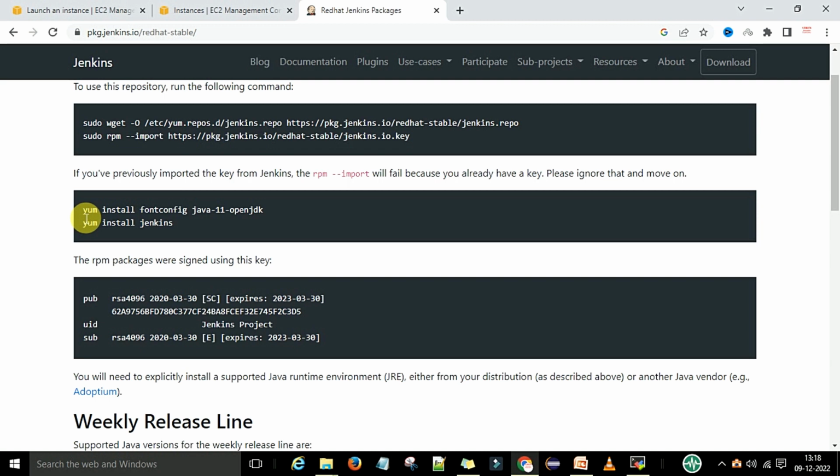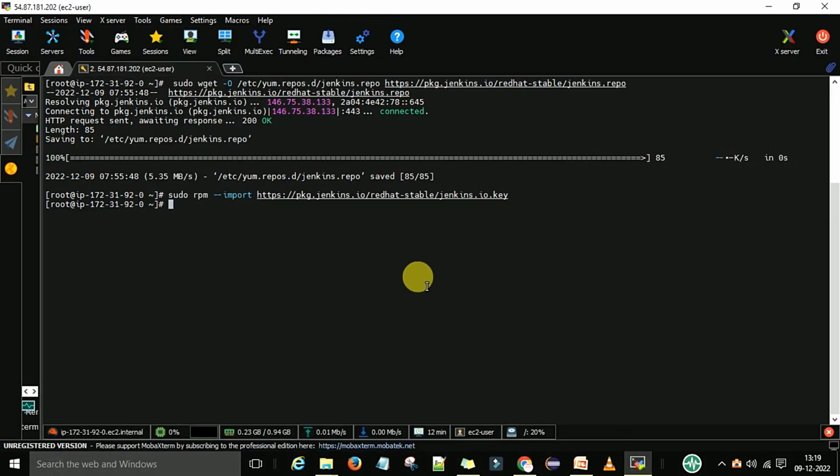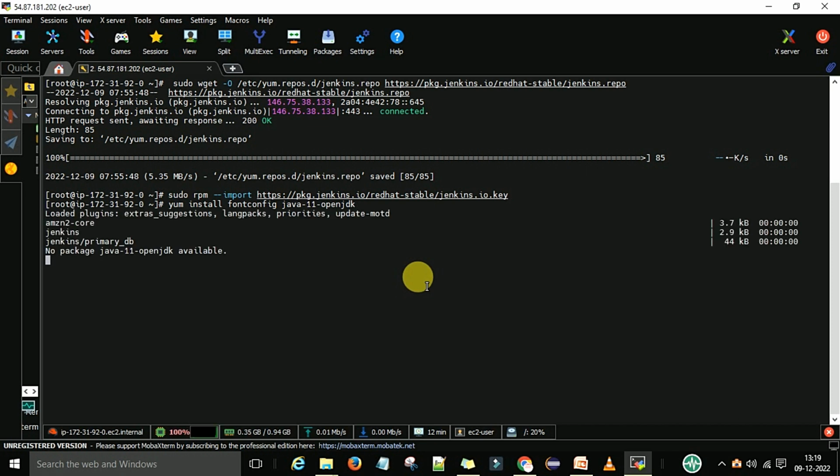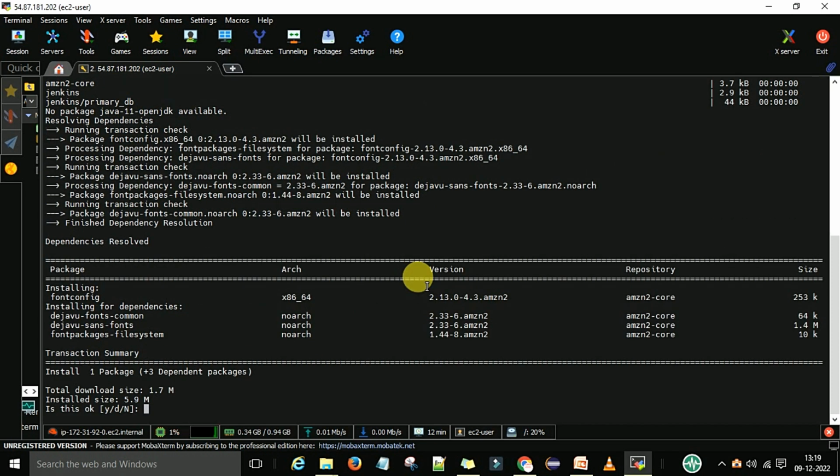Now what is the next step? Here we need to install OpenJDK first. For that I'm going to run one command: yum install fontconfig java-11-openjdk. Anyway, it's not going to install on this machine, so let's run it and see the output. It is saying the package is available, installing this fontconfig, and